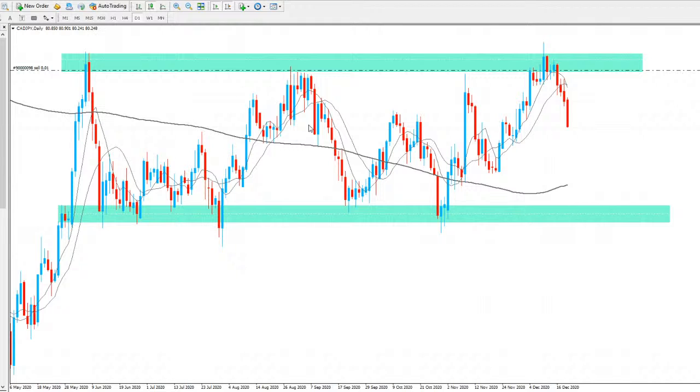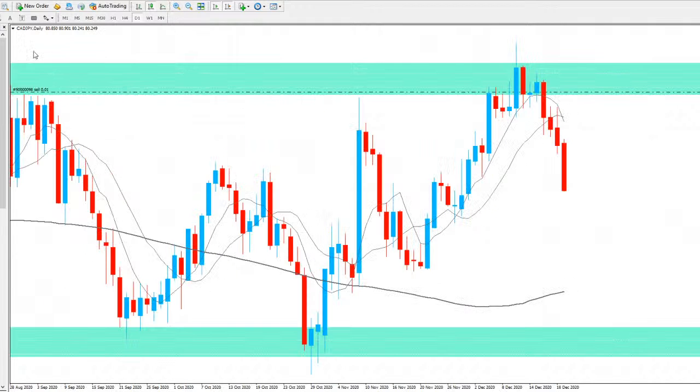Potentially come all the way to the lows here, but I don't think I'll hold on to the trade for that long. Again, we are coming up to a strong area of support around here, so looking for price to continue a little bit further to go and test this area from a daily point of view. I'll probably just look to exit the trade there.